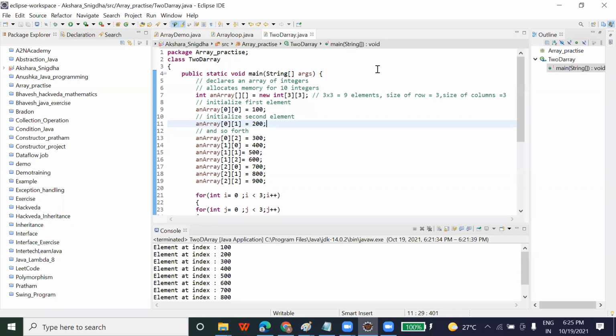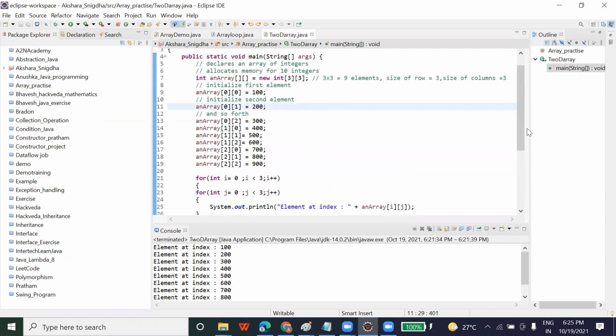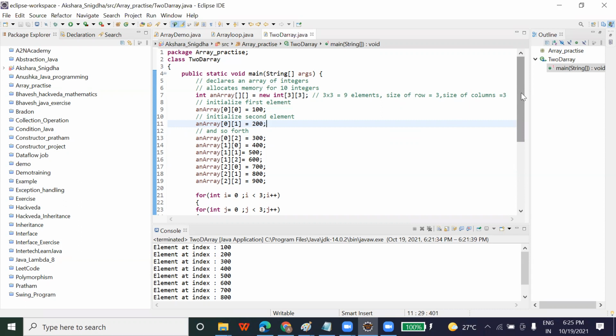I want everyone to do this program. This is a very simple task. You just have to run it on your Eclipse. So tomorrow be ready with the programs. I want to see that you are able to run every program, and if you face any error, immediately ask me in the class what error you are getting. Is it clear to everyone?